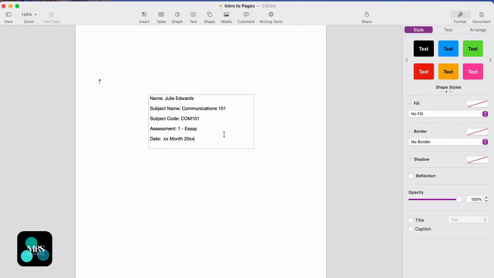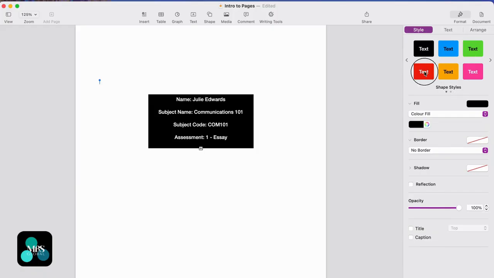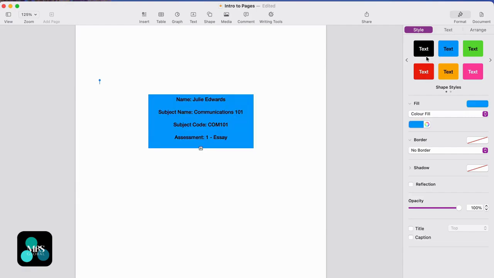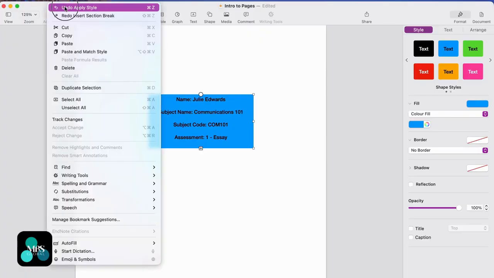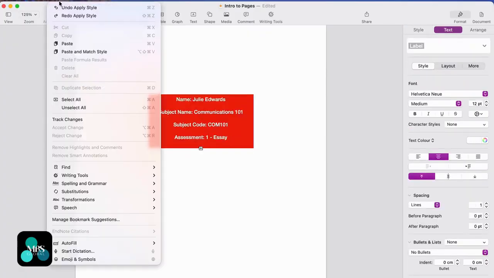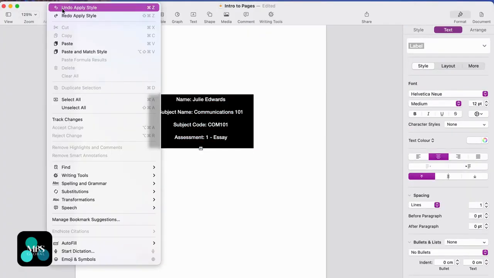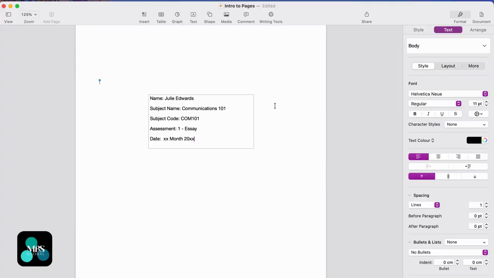There we go. So you can see we're sitting in the text box, and over here now this has come up, which is quite good if you're allowed to use different colors and shapes. So if we want to do it like that, and so on. Now for this one, I'm going to just use a plain background, and I'm going to go to edit, just undo that. Need to undo that color as well. Again, okay, because all I want to do is have the white box with the black writing,